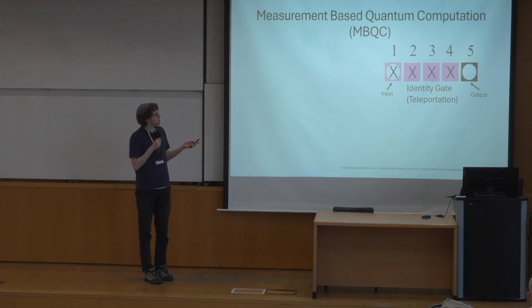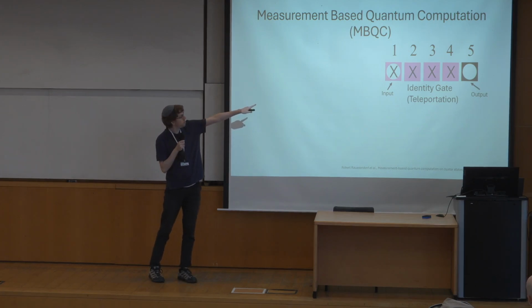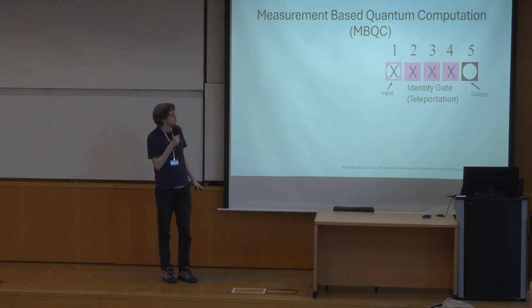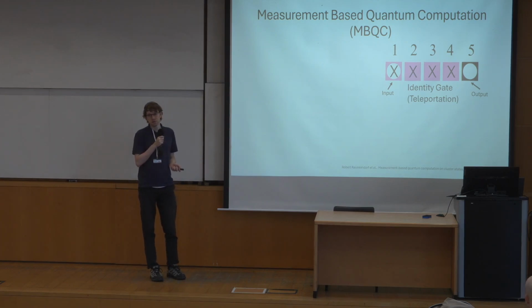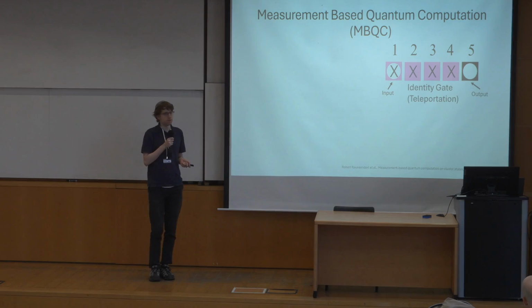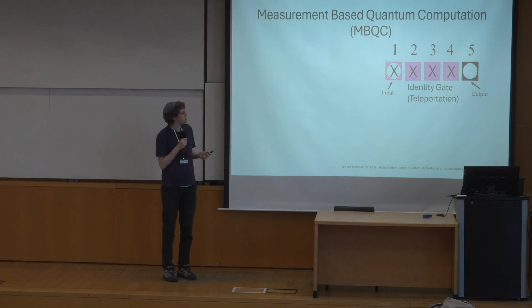So for example, here we have what is called a cluster state, which was also introduced here earlier in lecture number 2. And we have measurements here in the x basis over qubits 1, 2, 3, and 4. And this implements identity gates, which is basically doing nothing, like idle gates. So it is some sort of teleportation in the circuit-based model. The formalisms are equivalent to one another. One can go from one to another.